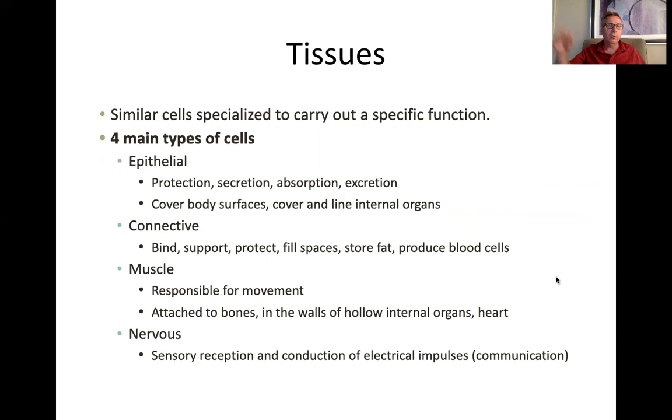Or epithelial is the more generic, the more appropriate name. And then connective tissue, we have, you'll find out about the dense and the loose, that bind, support, protect, fill spaces. Store fat is that loose. Things like ligaments and tendons are dense. Obviously muscle,